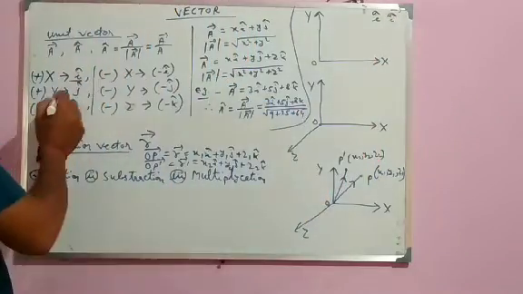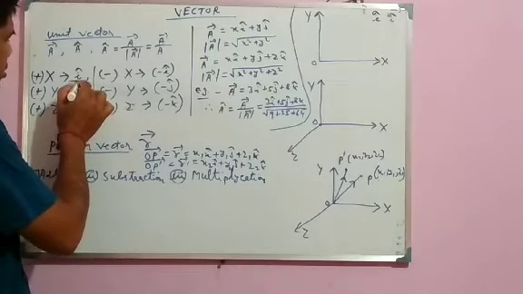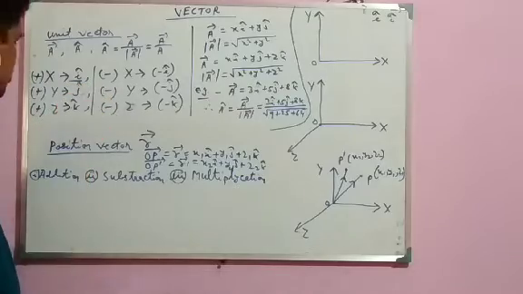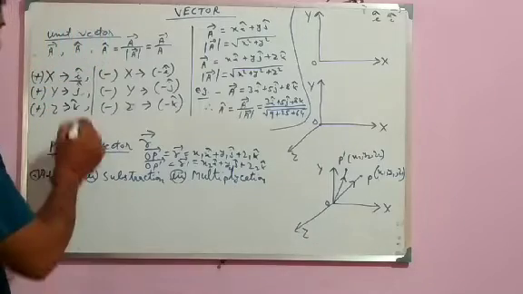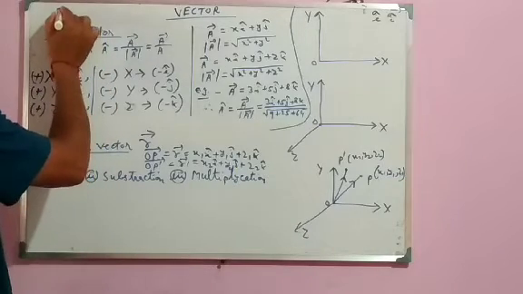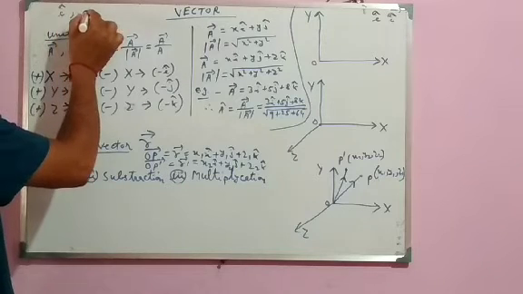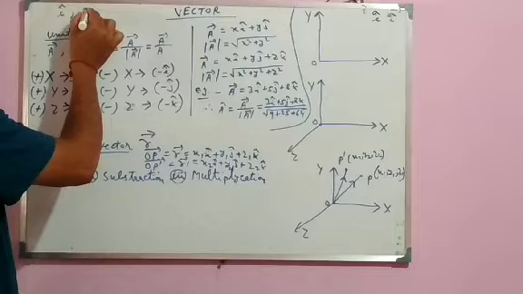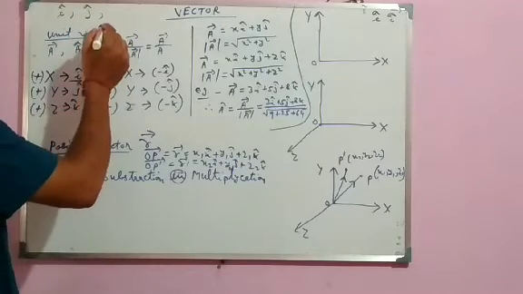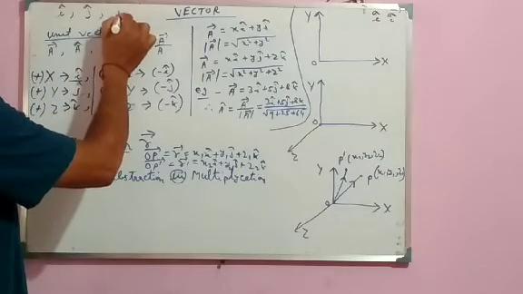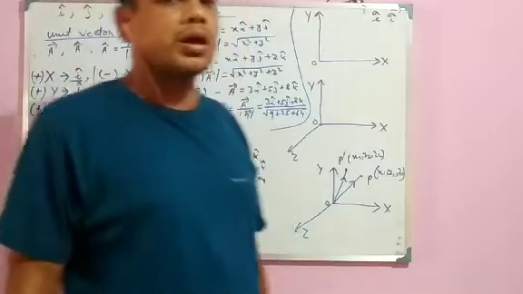Similarly, the unit vector along positive y-axis is denoted by j hat, small j hat. And the unit vector along positive z-axis is denoted by small k hat. So the unit vector along positive x-axis is denoted by small I hat, along positive y-axis by small j hat, and along positive z-axis by small k hat, or you can call them I cap, j cap and k cap.